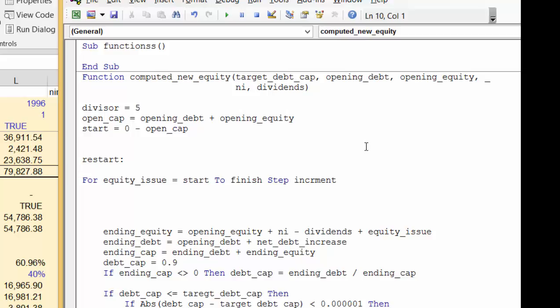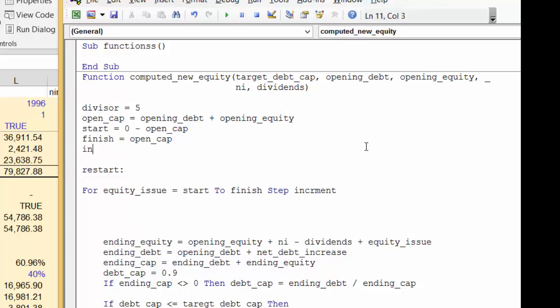and when the equity issuance is that negative, it's going to make the equity negative, which will make the debt really big relative to the equity, so it'll be a really, really small debt to capital ratio, and that's why we have, as the debt to capital ratio keeps going up. Now then we'll put the finish equals the opening capital as a positive,